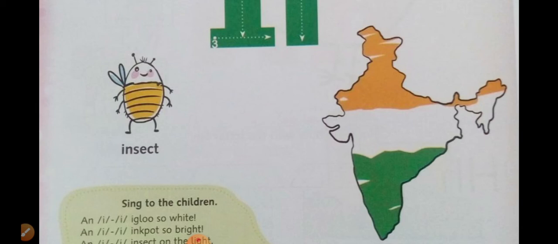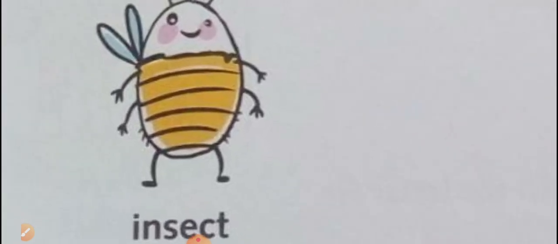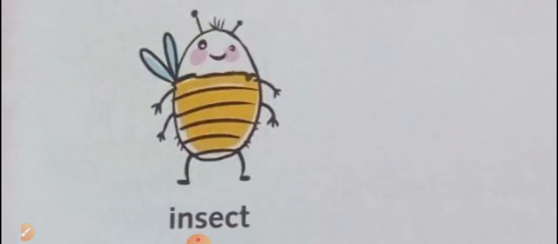Independence Day. Yes. And what is this? This is an insect. You know what insects are? They're very small animals, but they are called insects. They fly, they move here and there, like mosquito, small snail, flies, butterflies. Yes, these are the insects. Okay, good. So what sound is coming when we say insects?